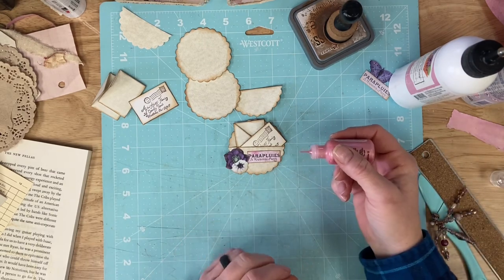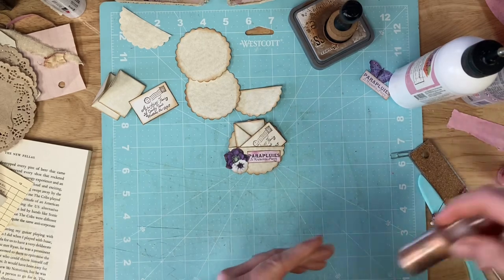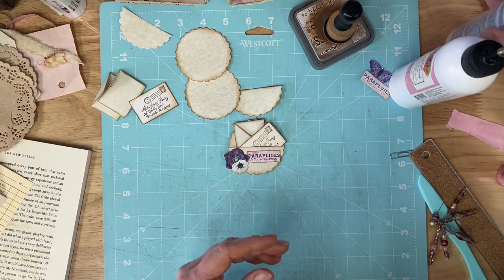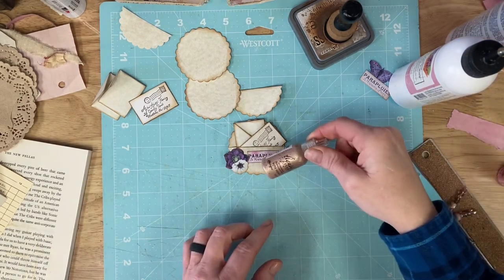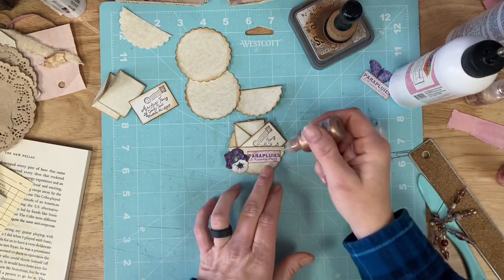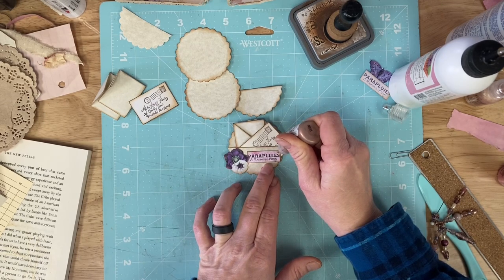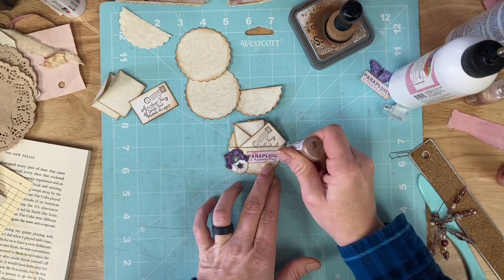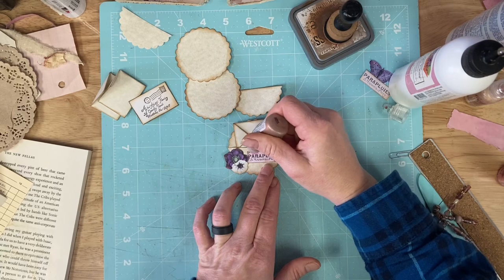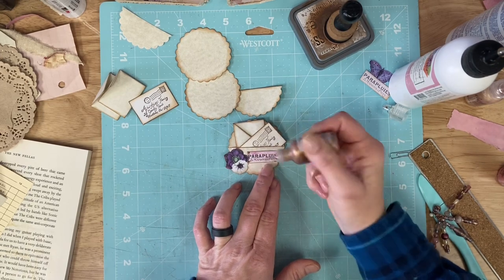I was actually thinking, do we want pink? Or I think the gold would actually look better right there. This one's rose gold, right? No, that's brass. Rose gold. I'm gonna go with the brass. And then again, I'm just gonna hit the 4 corners. Okay,